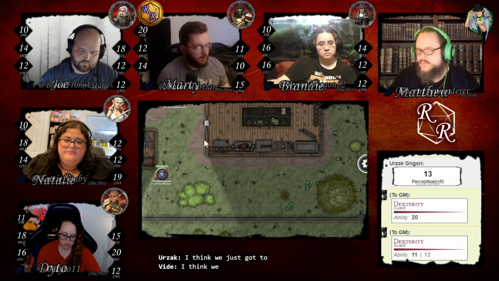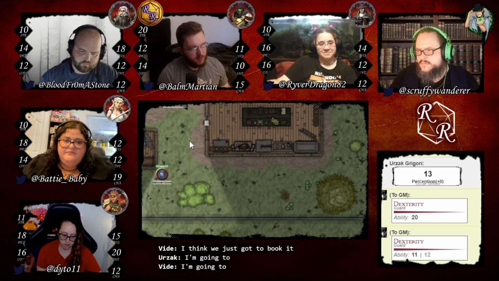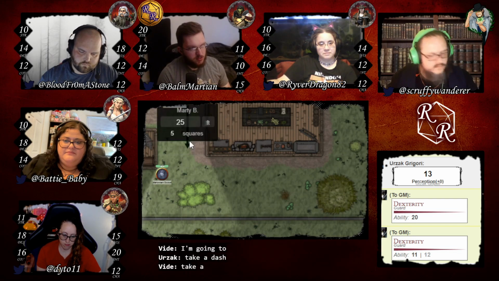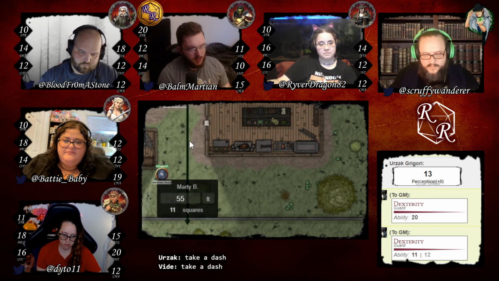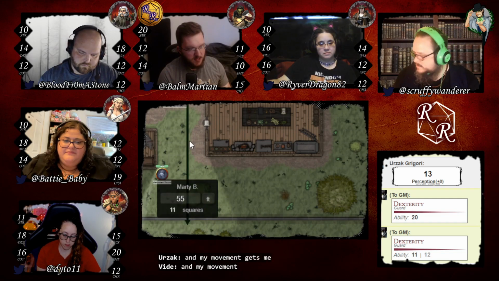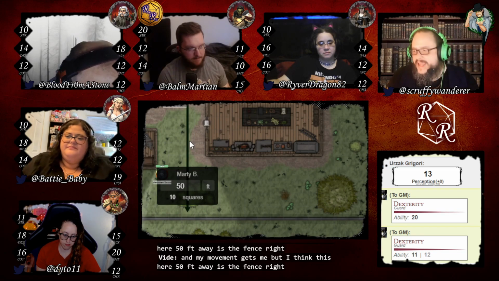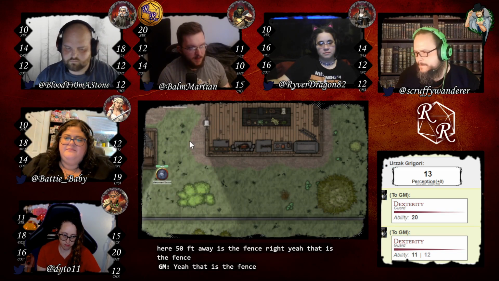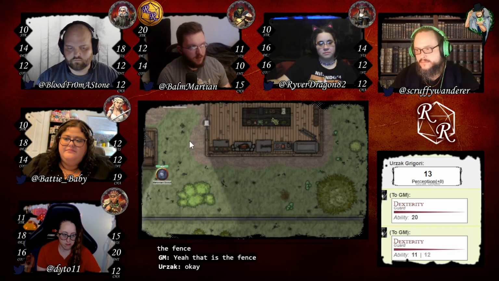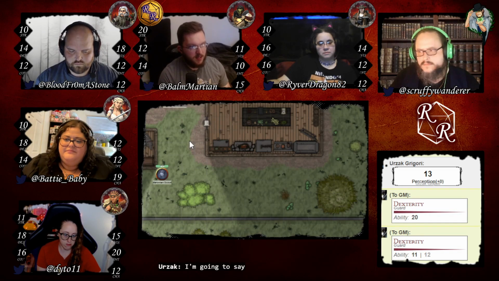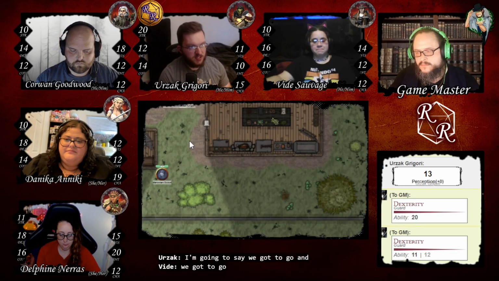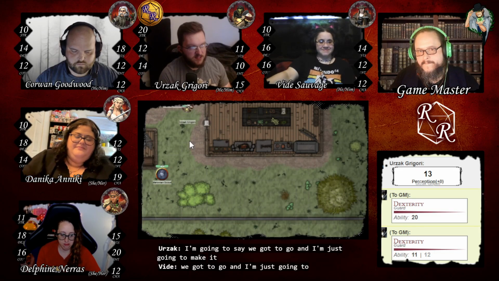Okay. I think we just gotta book it. I'm gonna take a dash. And my movement gets me, but I think this here 50 feet away is the fence, right? Yeah, that is the fence. Okay. I'm gonna say, we gotta go. And I'm just gonna make it to the fence line.